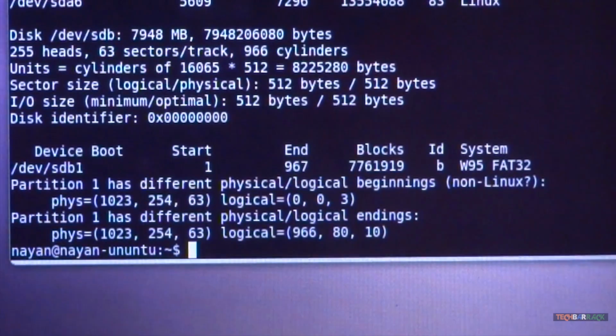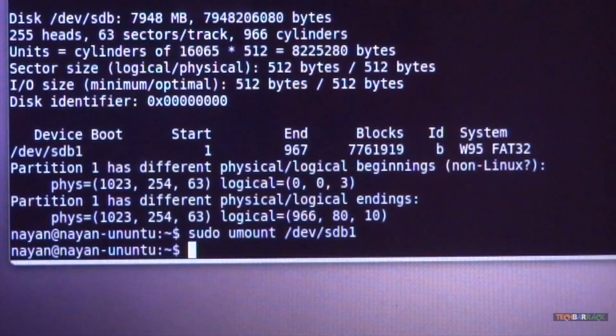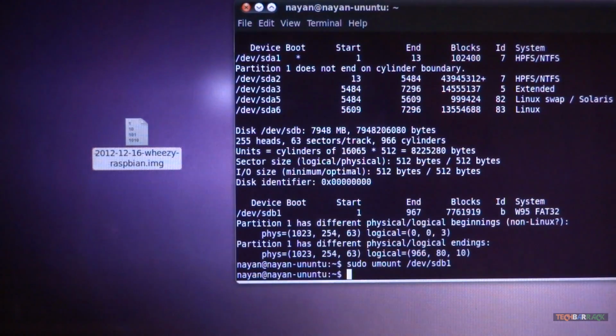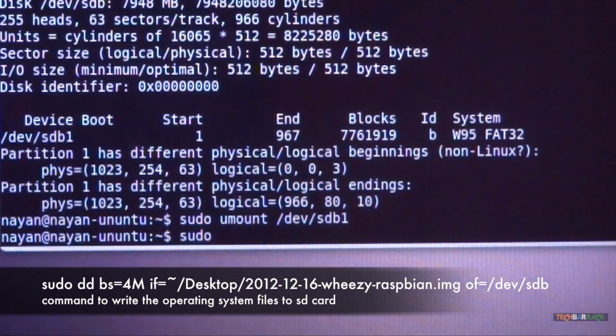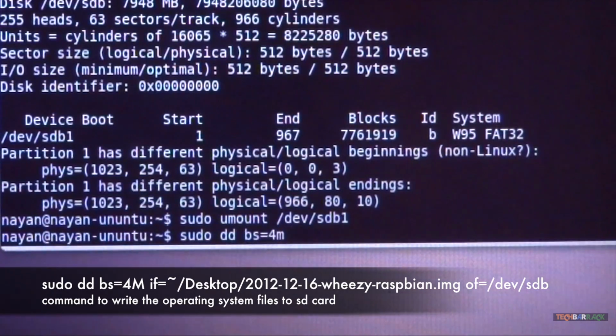What we will do is we will type in sudo umount /dev/sdb1. When you do that, the device gets unmounted, and after that the main command we need to type, and that is sudo dd bs=4M